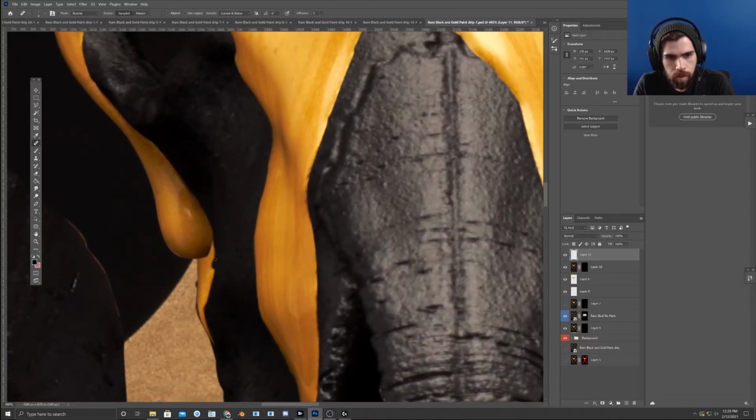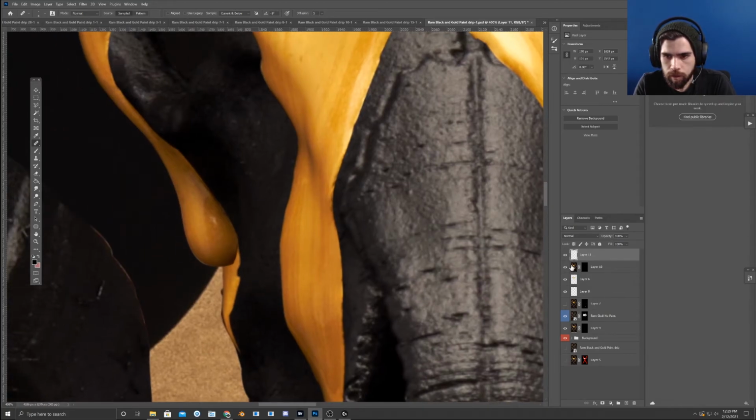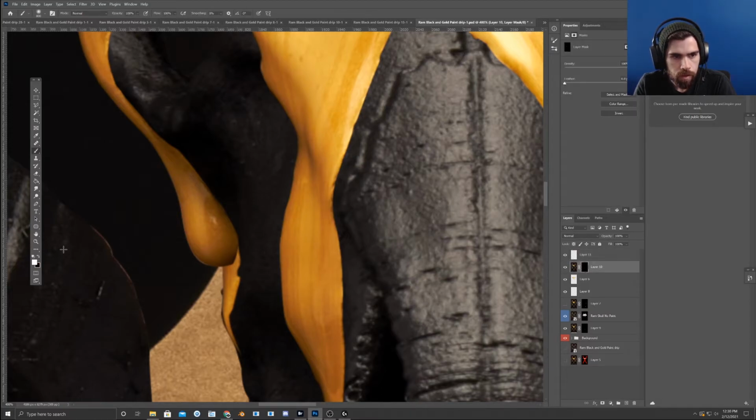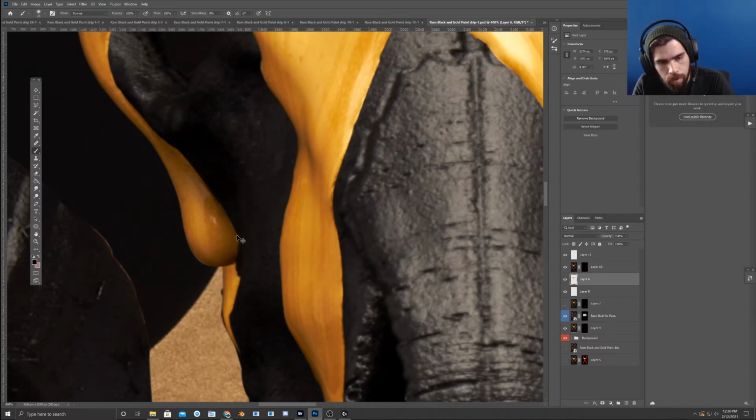We good. So now, ooh, I do not like that edge. Let's fix this edge right here. What's going on here? I'm just gonna do a quick little painting in white because it is on a mask. Okay, so let's just blend this area. Yeah. Is that the right move? Probably not, but okay. So maybe